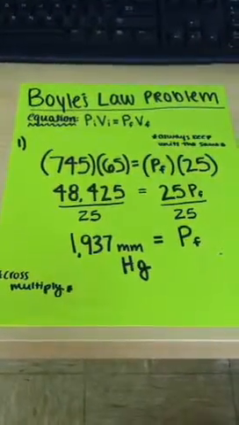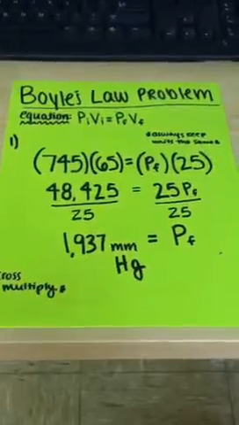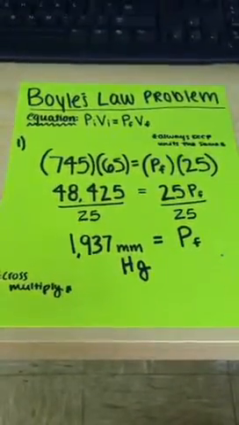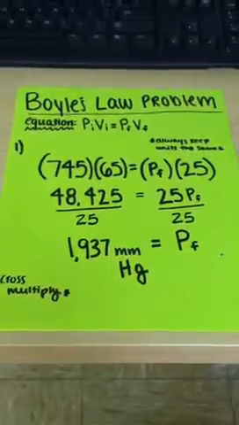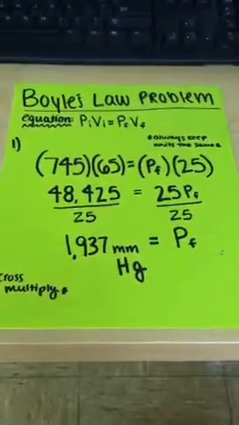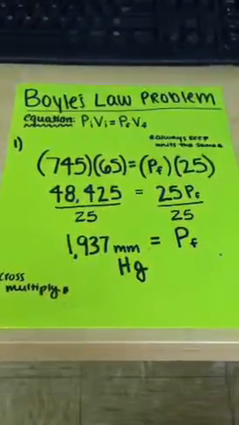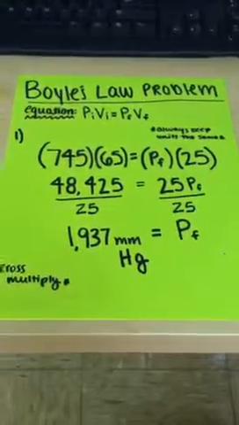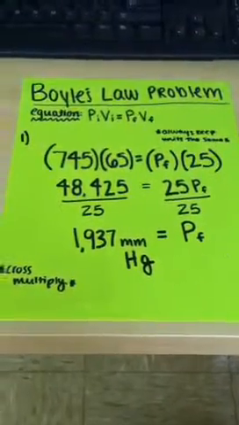In the problem, you have to multiply Pi times Vi, which is 745 times 65, and that equals 48,425. Then you take the Pf times Vf, which is 25 Pf. Then you divide 48,425 by 25, and the new Pf, pressure, is equal to 1,937